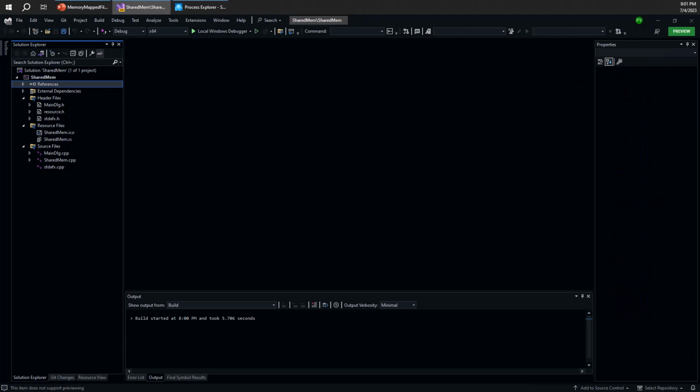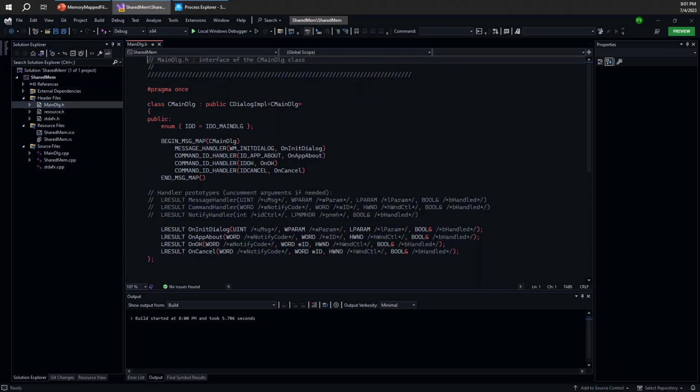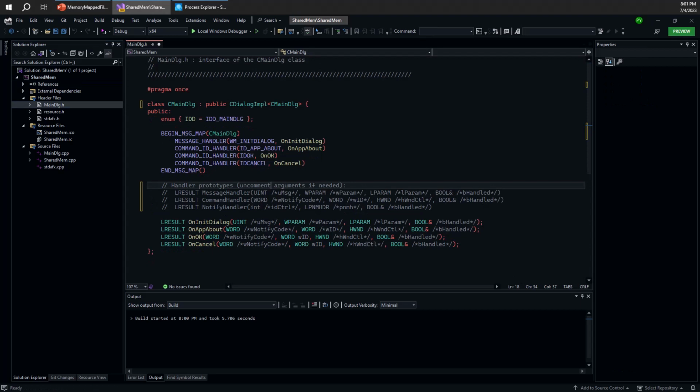And I'm using the same executable simply out of convenience. This would work with different executables as well. So let's see what that would look like. I'm going to go to the main dialog header file here. This is where I can initialize my